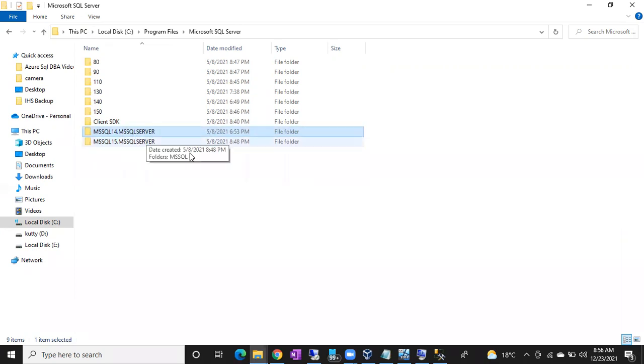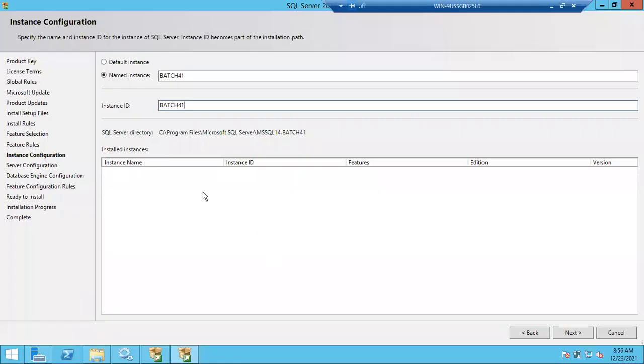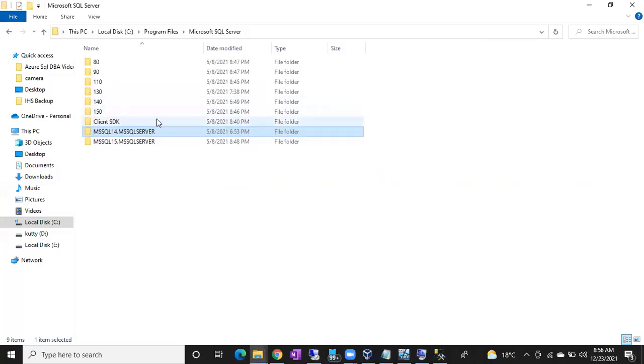In the instance ID, it won't show you the computer name. Of course, while connecting, you have to give the computer name. But the folders and services will be created with MS SQL Server. If you see MS SQL Server, clearly that is a default instance. But why can I see two folders here? How is it possible, sir?